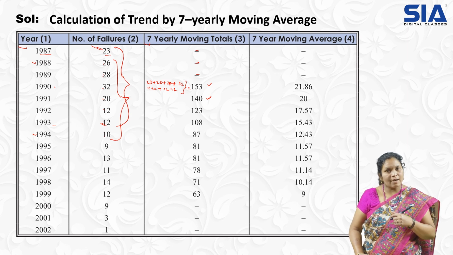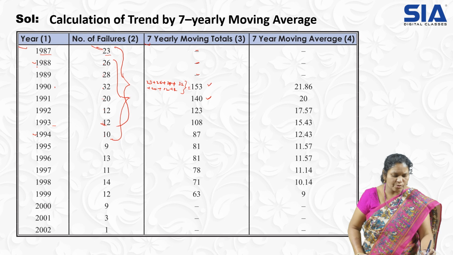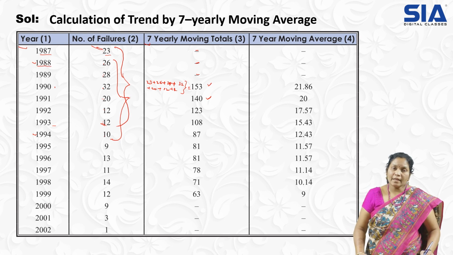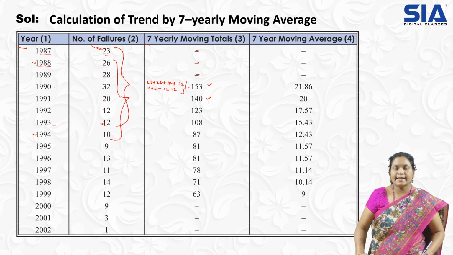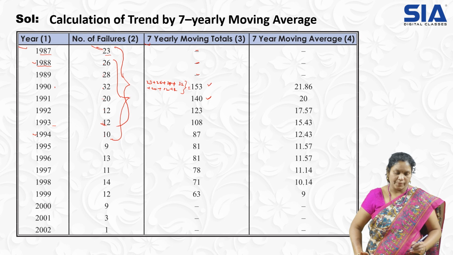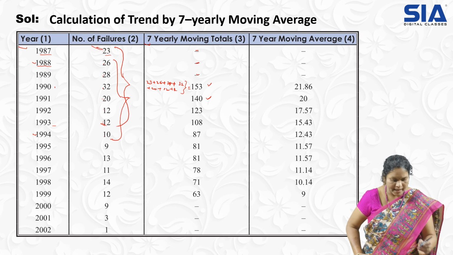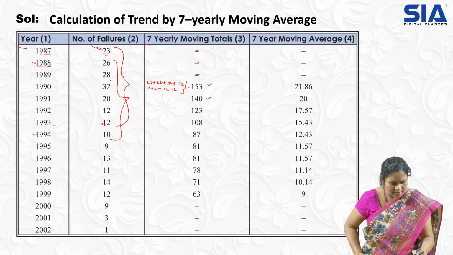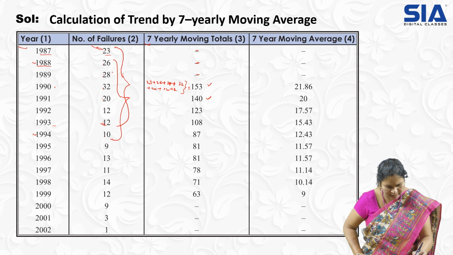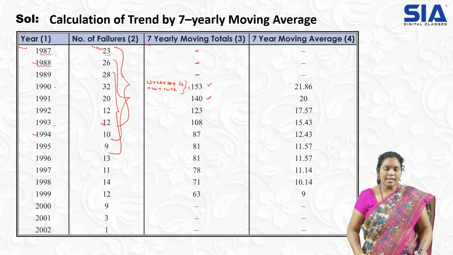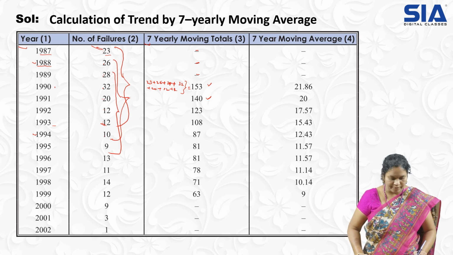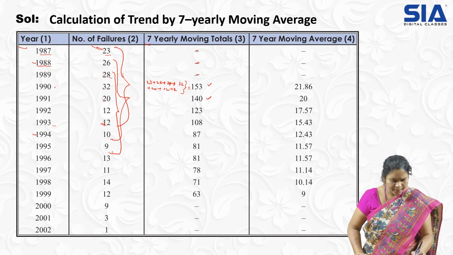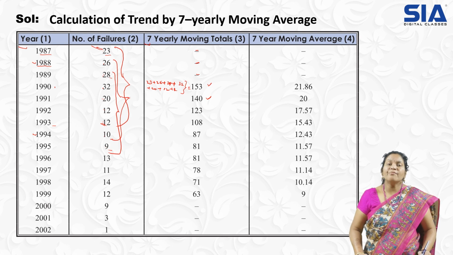Now for the third value, third year, the first 2 values you have to avoid. 1987 you have to remove, 1988 also you should remove. Now the next 7 values you have to add up. So from where do we have to start? The third value, that is your 28, and the average will come here to the 12 and up to 9. So like this, the next 7 values you have to add up from 28 to 9. So this is how we get the 7-year moving total.